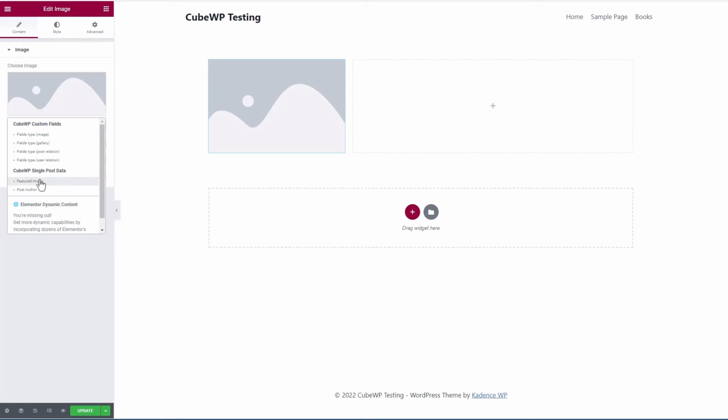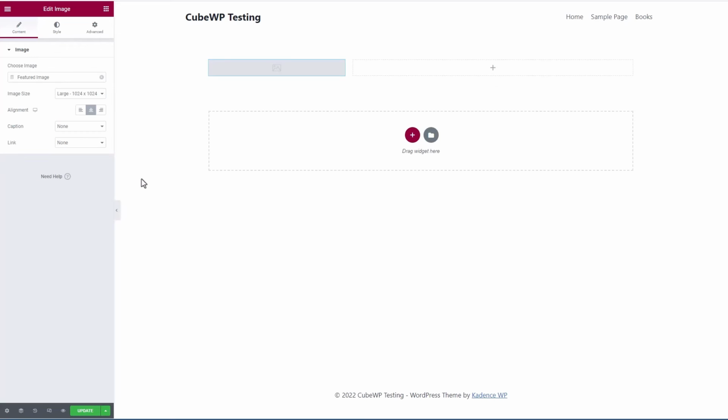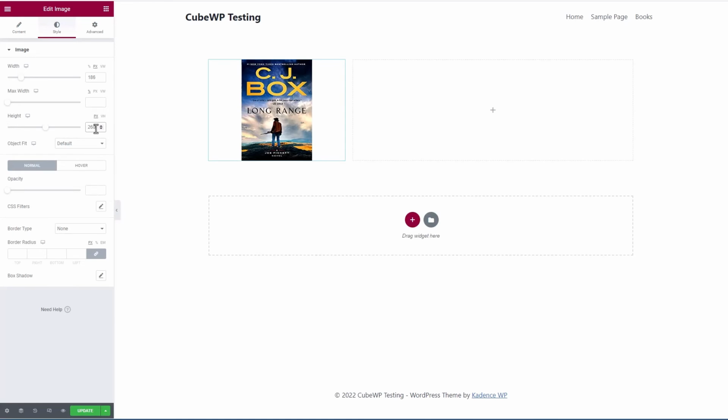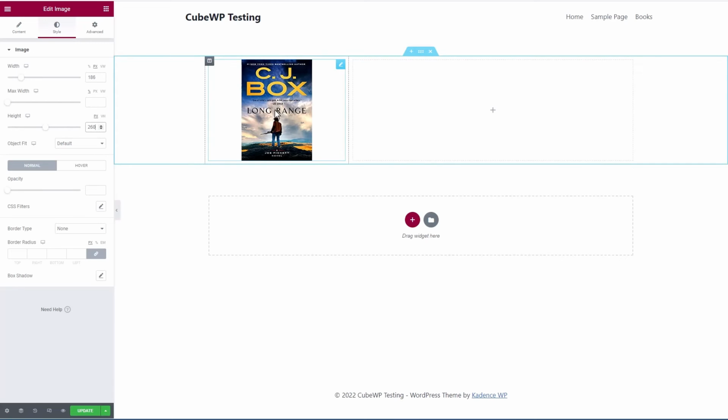Now that we've set our option. Not getting a preview. I think it might just be a little slow here. Let's go to Style and go ahead and set the size of the image. Want it to be, say, 180 wide and the height 260. Okay, it did show. It took a while for it to show up, but it did show here, so that's nice.